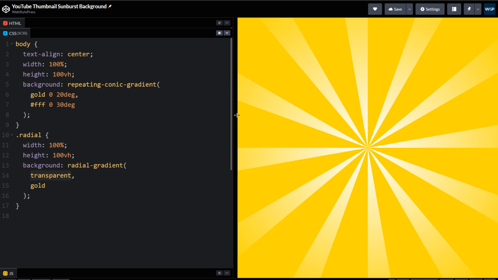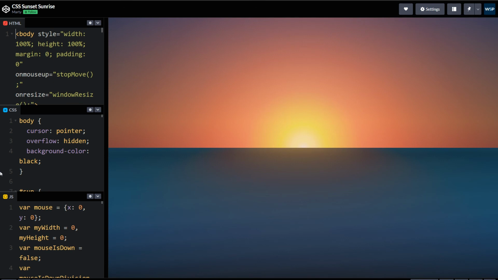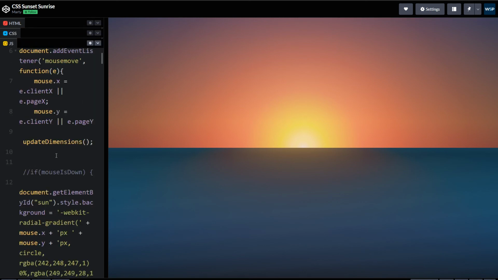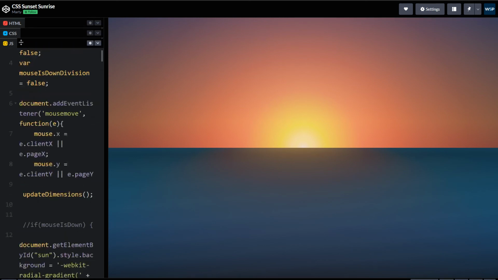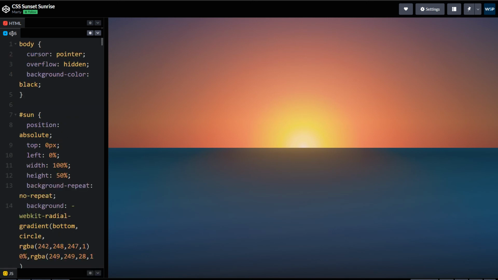Let me show you another great example. Look at this beautiful gradient example. This is a day and night animation by using CSS gradients. Well, for animation, Marty has used some JavaScript here. But for the visuals, these are CSS gradients. Great inspiration by Marty.